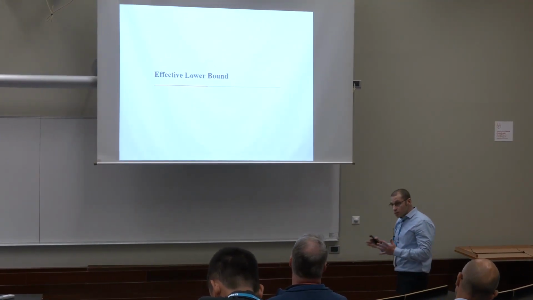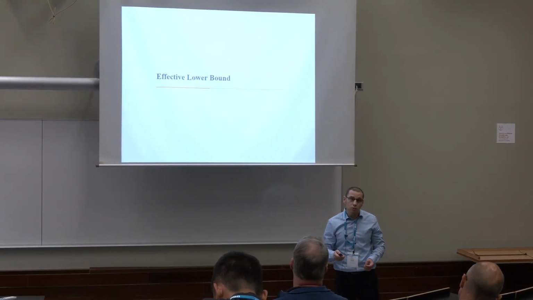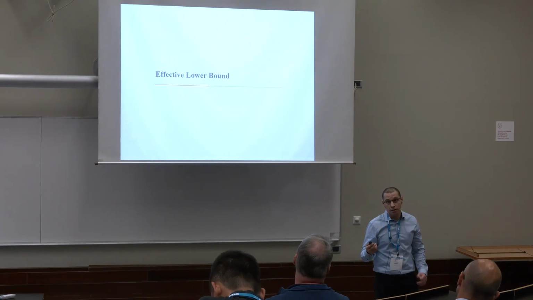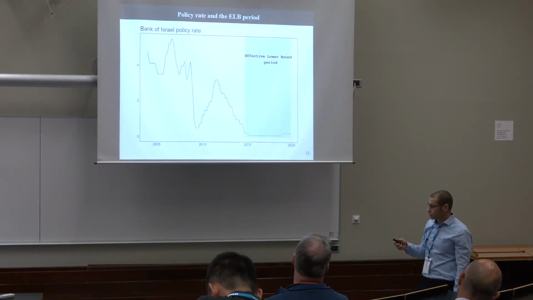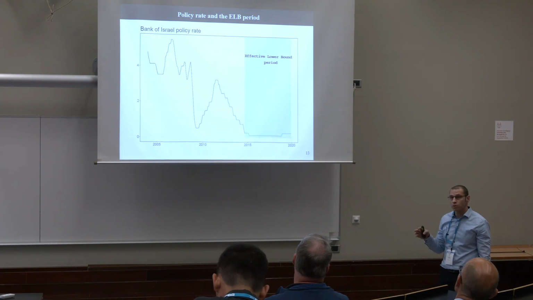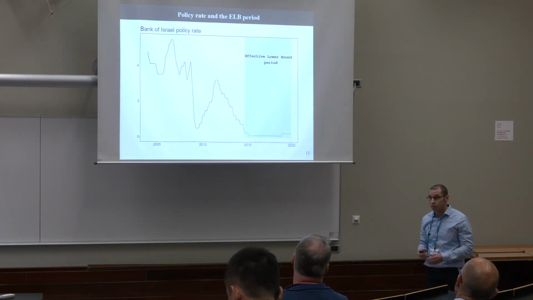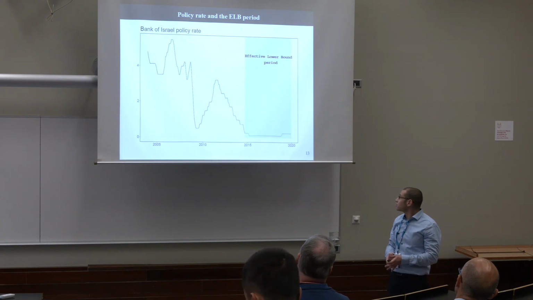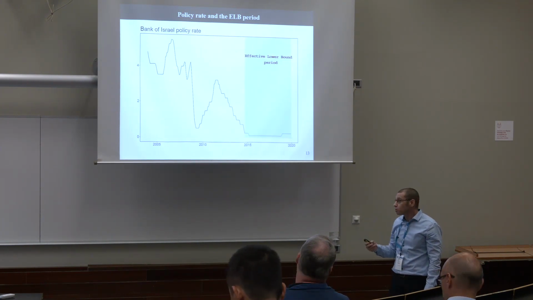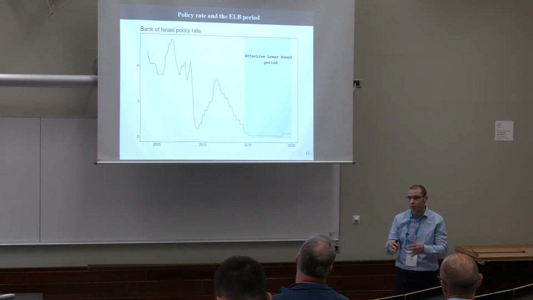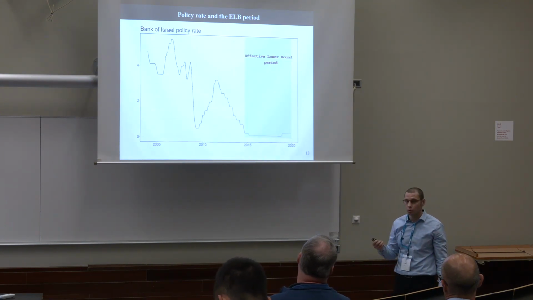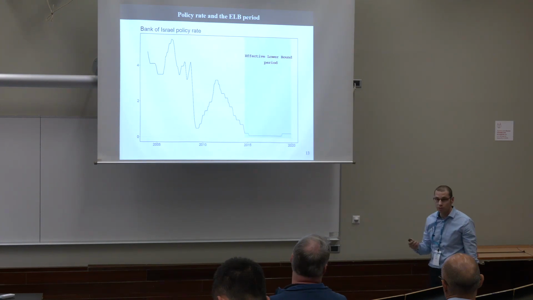Okay. Now, similar to other central banks, the Bank of Israel was conducting a relatively accommodative monetary policy. If you look at the policy rate, you can see that around 2015 it reached its historical minima. We are talking about an absolute level of only 10 basis points. And it seems that in this setting, the effective lower bound issue can be very relevant. It's also important for our story because it can limit the response of monetary policy to abnormally low inflation.